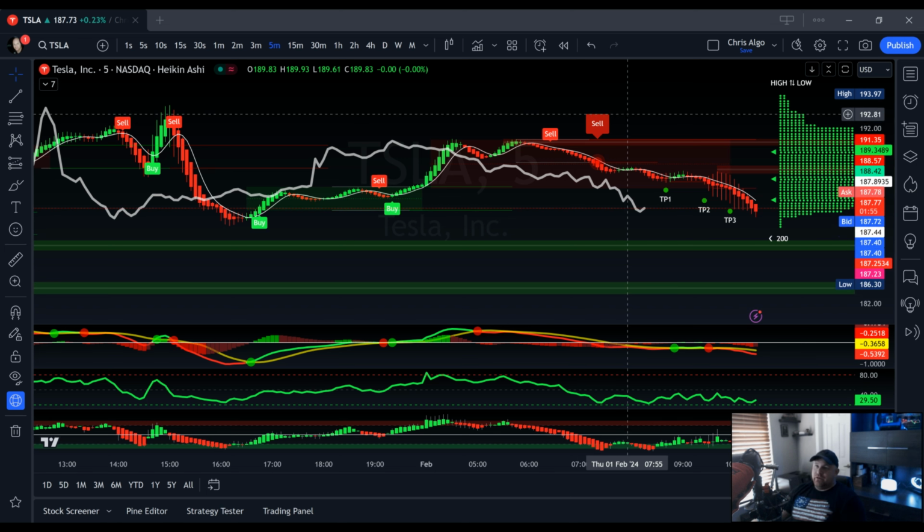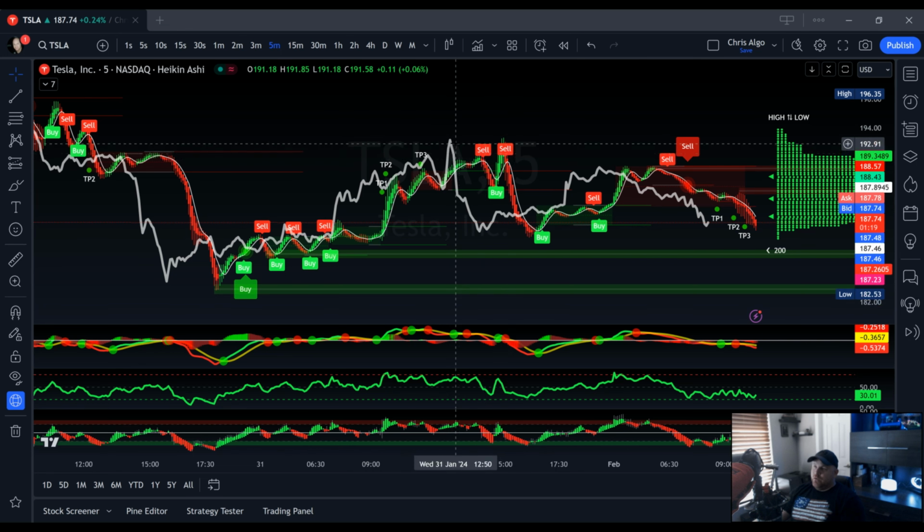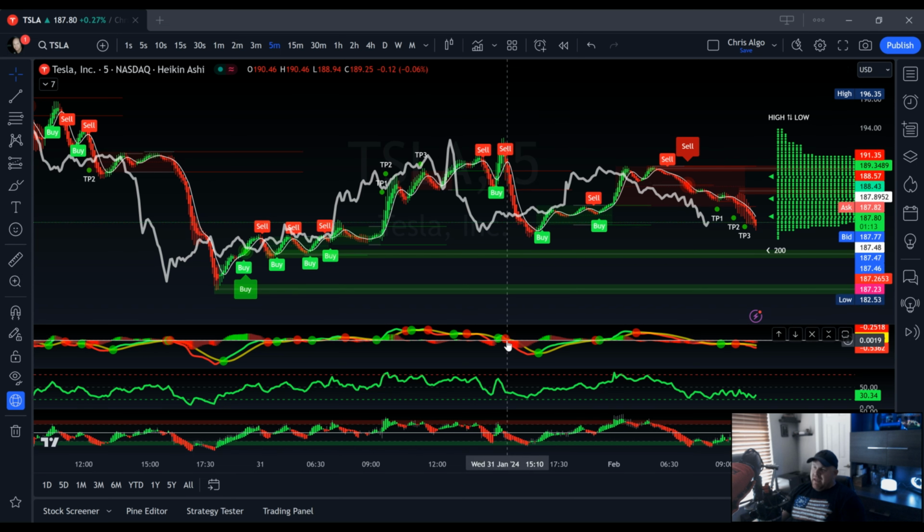So anyways, we're just going to take a look at some other stuff that I want to share, and that is being able to use the Ichimoku correctly. Now, I have taken out the clouds, but you could see that there were clouds popping up. Again, they disappeared, might just be with this 5-minute time frame. I'm using the lagging span line to tell me when pretty much the trend is over. Yes, it's up at this point, but when the sell comes in, the MACD that I have, the oscillator that I've built out, the RSI, and this HRSI,